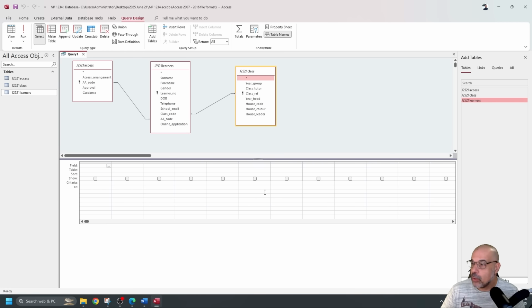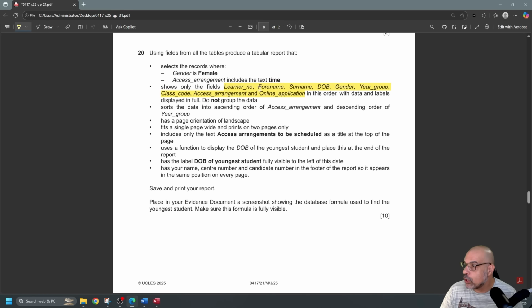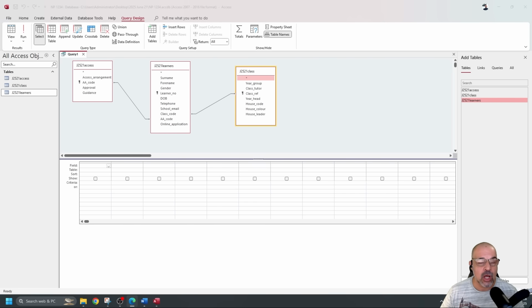Okay. So it says here in my question paper that I need to make sure that I include the learner number, forename, surname, DOB, gender, year group, class code, access arrangement, and online application. In this particular one, it doesn't ask me to create a field at runtime. So all the fields are there. So learner number. Here it is. Then I want forename, surname. I'm just double clicking each time. Date of birth, so double click on that one. Gender, year group,